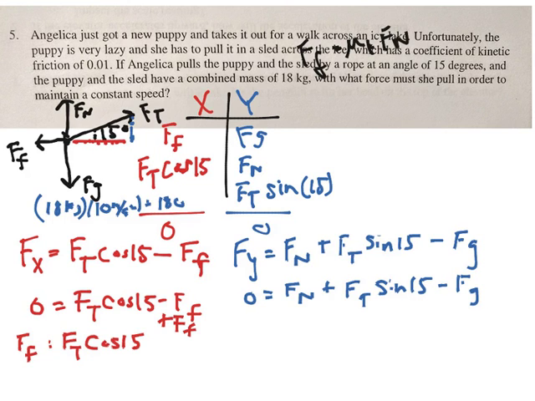So you're going to get mu kinetic, which is 0.01 if we looked at our problem, times the normal force, which we don't know yet, is equal to